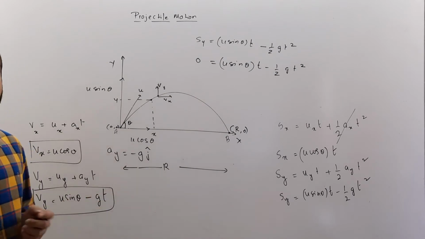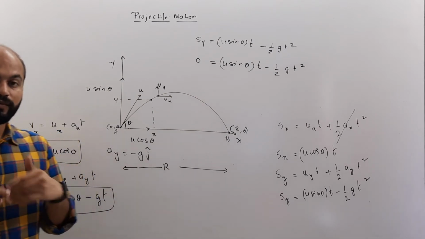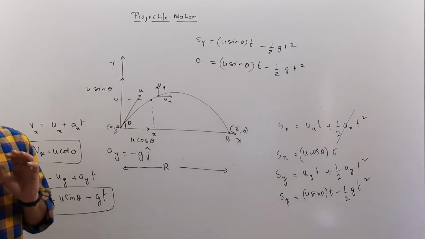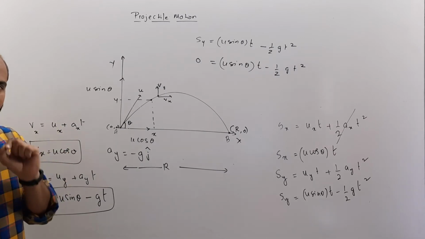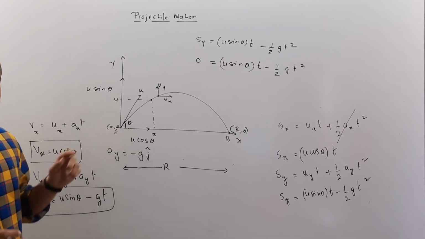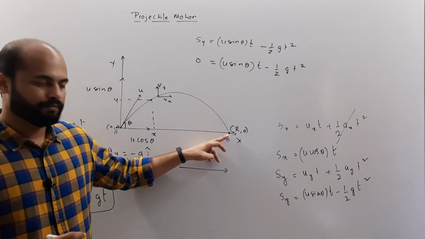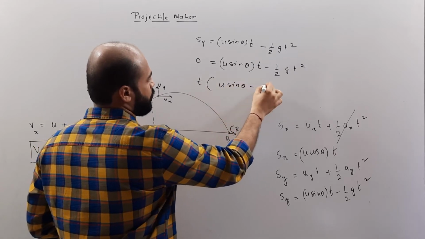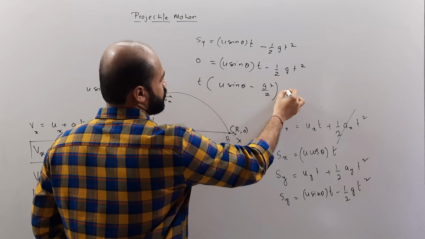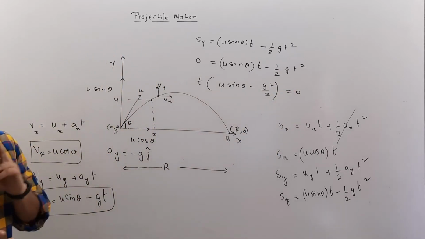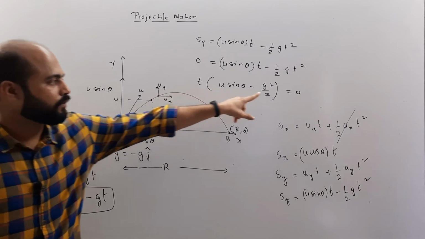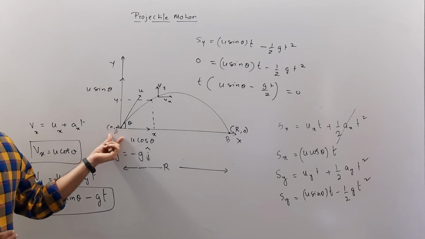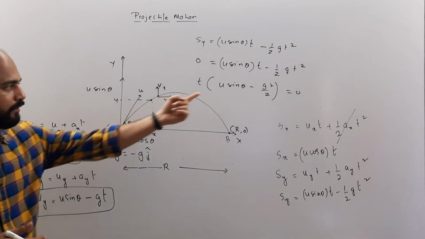Now let us take t common, because we are interested in time. So we want that time at which this projectile is going to be having 0 displacement in y. So first 0 displacement in y comes over here, and second 0 displacement in y comes over here. So t, if I take out common, what I'll have is t times u sin theta minus g t by 2 is equal to 0. So we get two solutions over here. One solution is t is equal to 0. That's perfect, because first displacement in y 0 happens at t equals to 0 at the starting point, and then I am going to find this t.